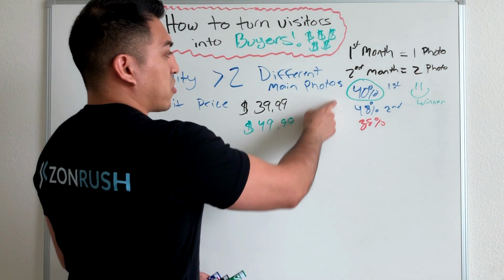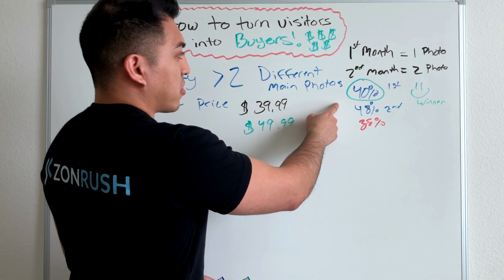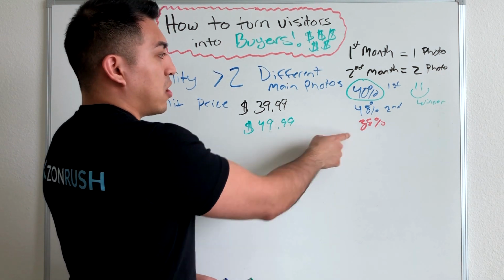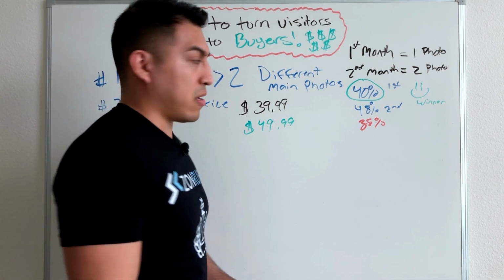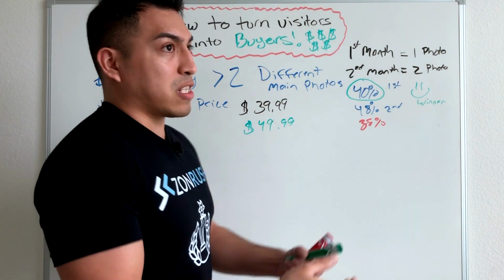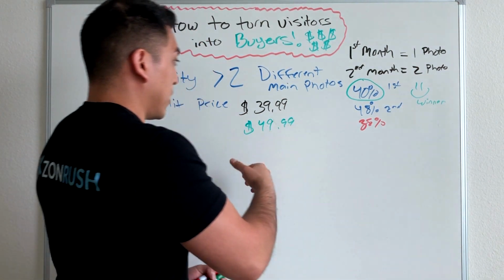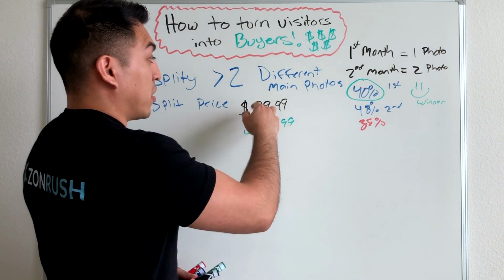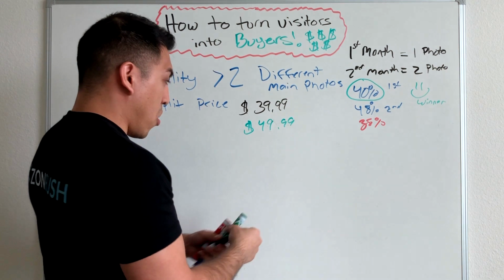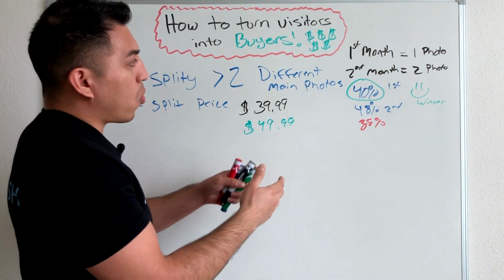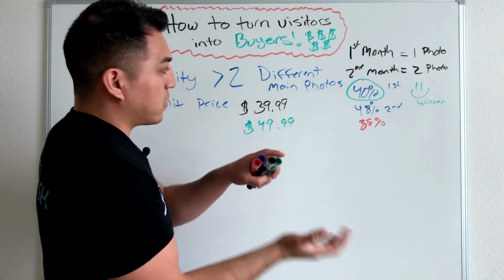If you don't see the conversion rate decrease very much, like if it goes from 40 to 38%, but you're making $10 more, you're gonna make more money long term, okay? So split test the price, and you could even be more expensive. So if you wanna see how well you'll convert at $36.99, go ahead and do that. You can also split test down, but preferably you wanna see if you can go up, see what the conversion